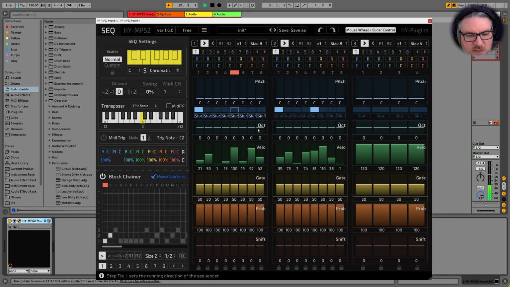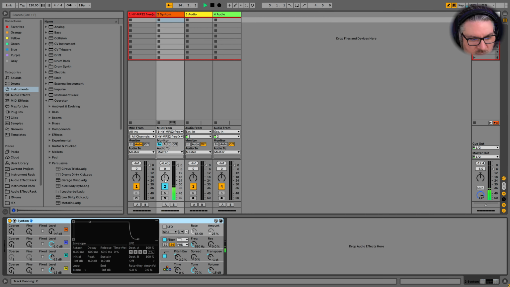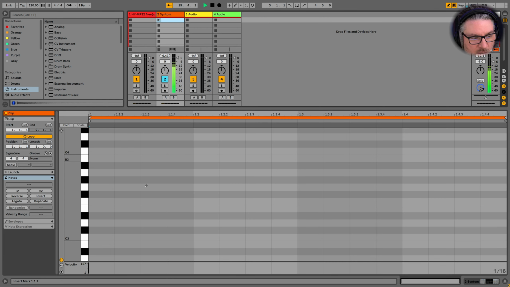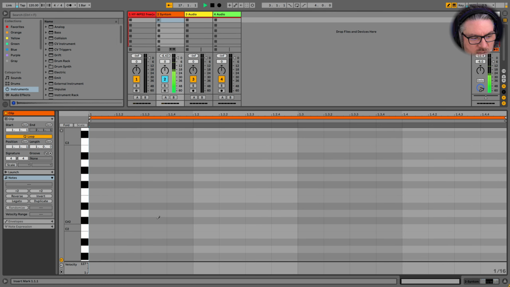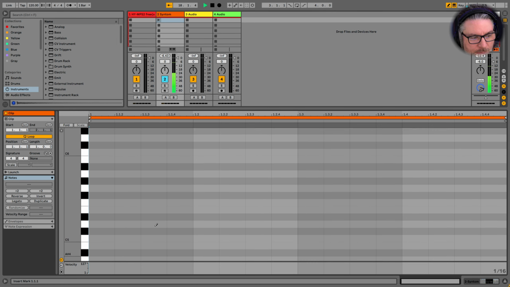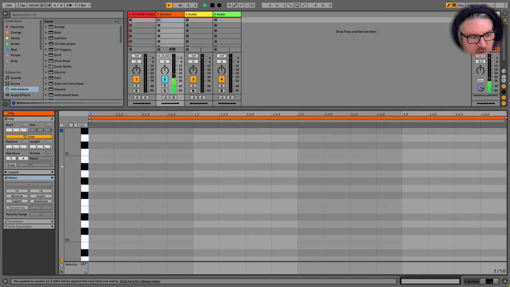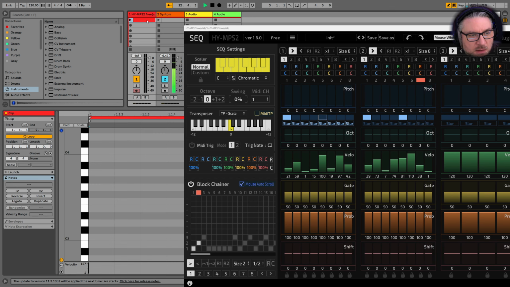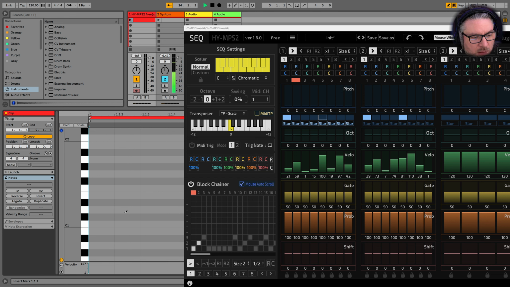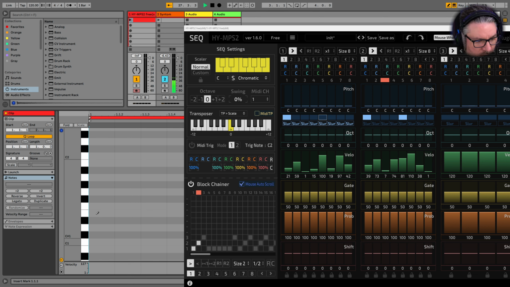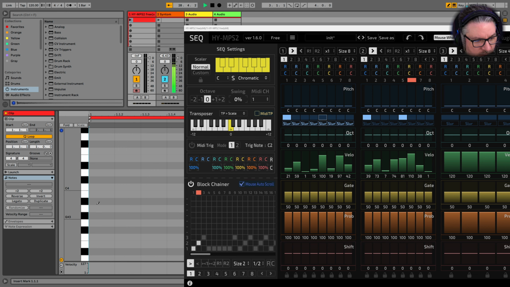So what happens if we do this? Let's take a look and see what's going on in the MIDI. Where's our note at? Maybe it doesn't show you in here. I thought it did. Maybe I need to look in here. We are at C. What's the pitch here? C4, I would think.